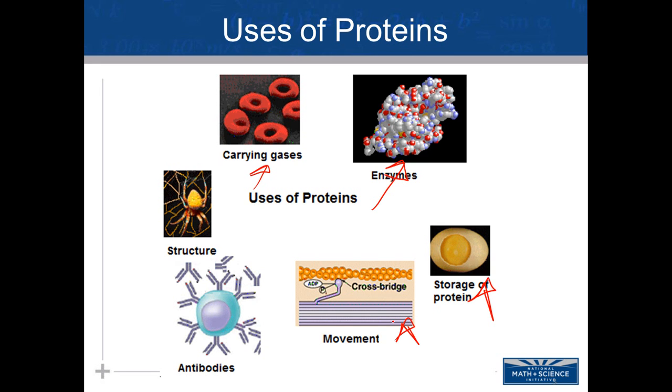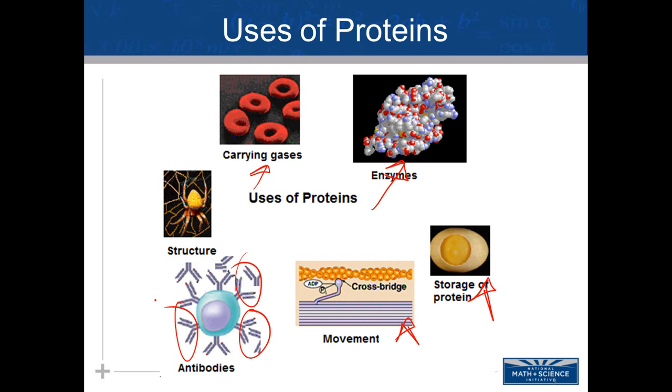These are the proteins actin and myosin, which are interacting with one another to contract, and this happens inside your muscles. Muscles are used for movement. And if you look at the flagella of a sperm cell, inside that flagella are proteins. This right here are antibodies. Antibodies are produced by B cells in the immune system. Antibodies are used to